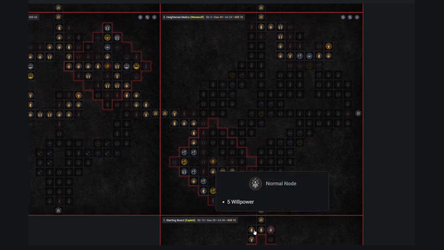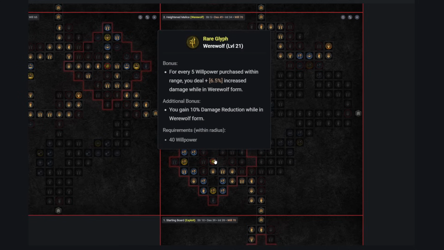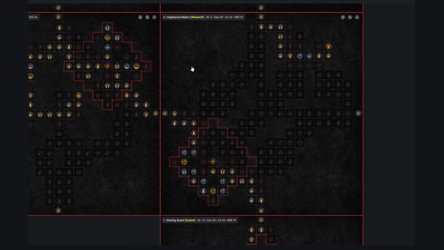Stick to the outer edge as you progress to the glyph socket on the left here, and then stick in the werewolf glyph once you get there for bonus damage while in werewolf form, which we are all the time, and bonus damage reduction in werewolf form too. Grab the willpower in the radius required to actually activate this glyph, and then continue progressing along the outside through